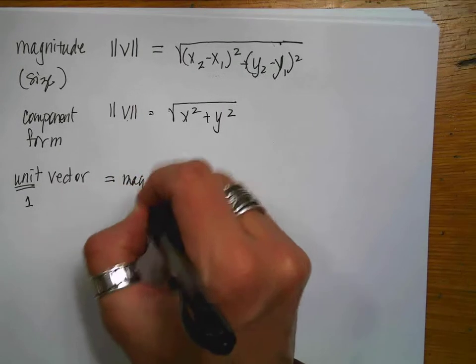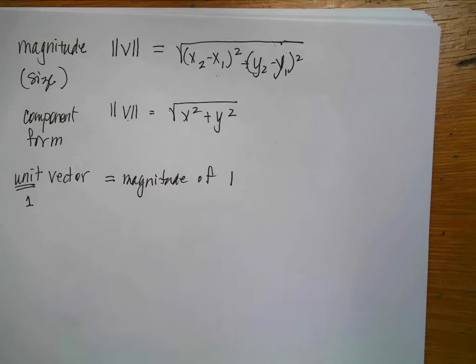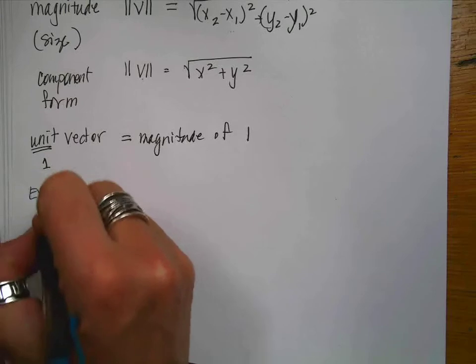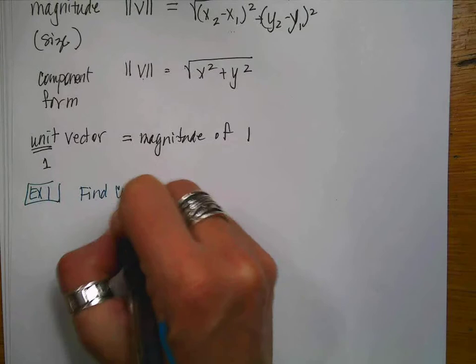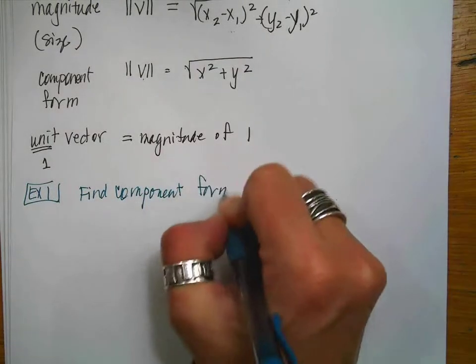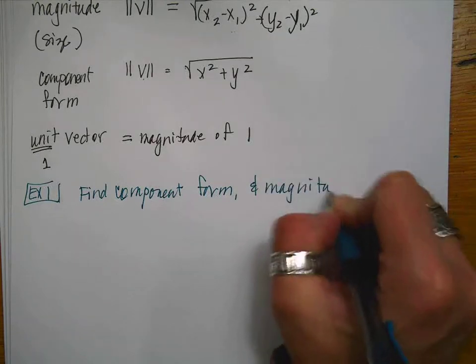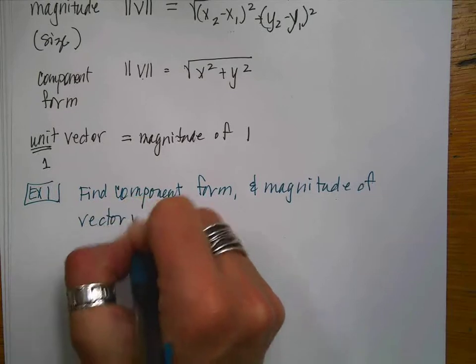So a unit vector has a magnitude of 1. All right, so we've gone through a ton of vocabulary. Let's start our first example. Example number 1 says find the component form and the magnitude of vector v